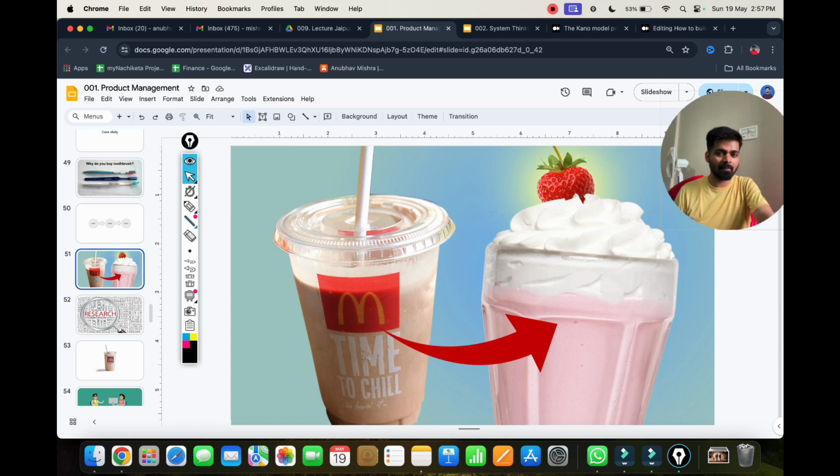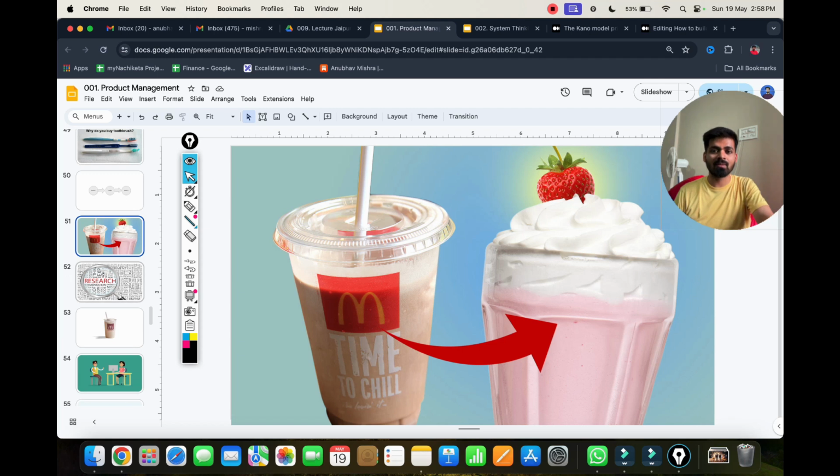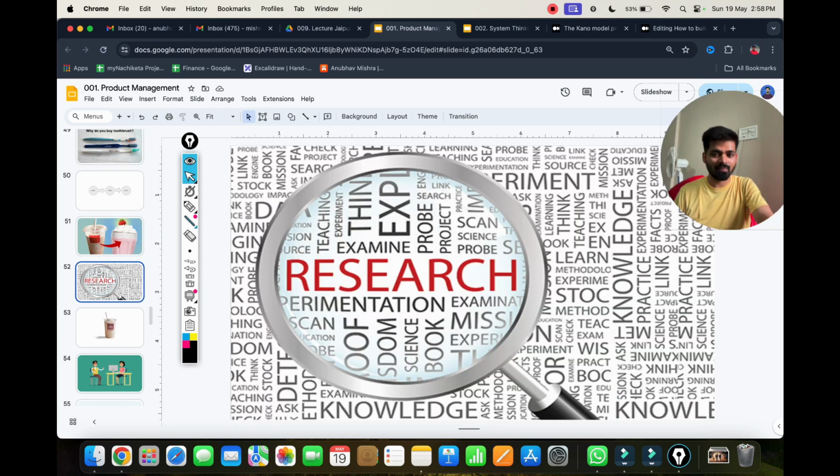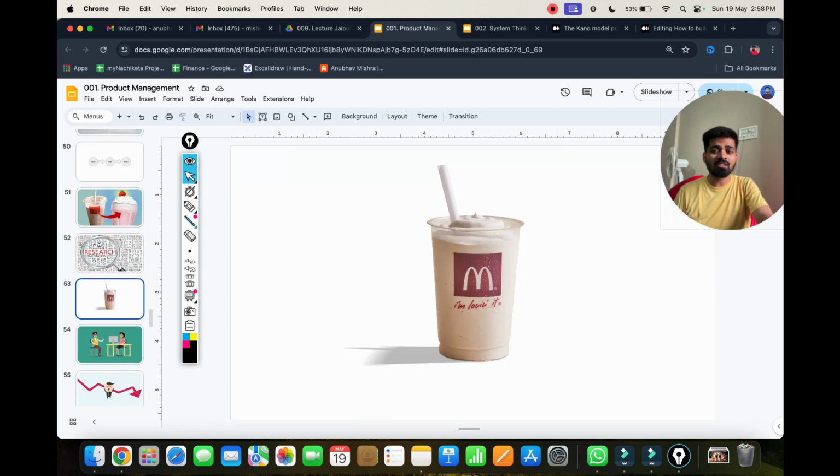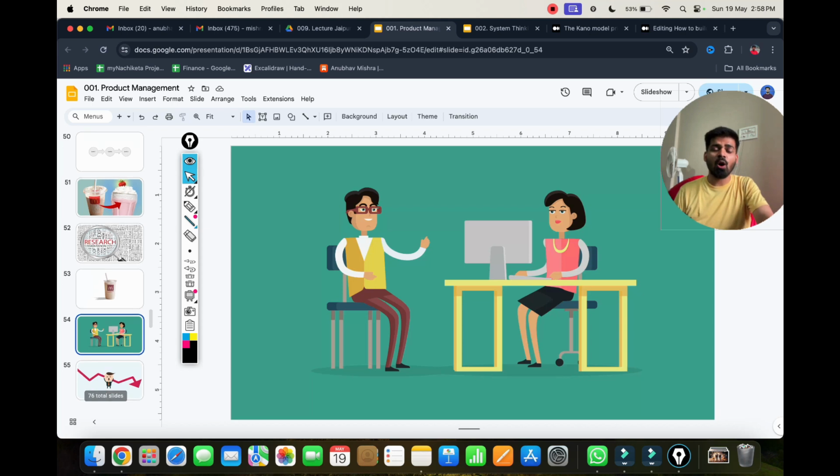Okay, so McD was very curious: we have built one of the best milkshakes, but why are people not buying it? So to find the answer, McD started doing research, and in research they contacted all their customers. They took the feedback. They took as many feedbacks as they could from the customers.